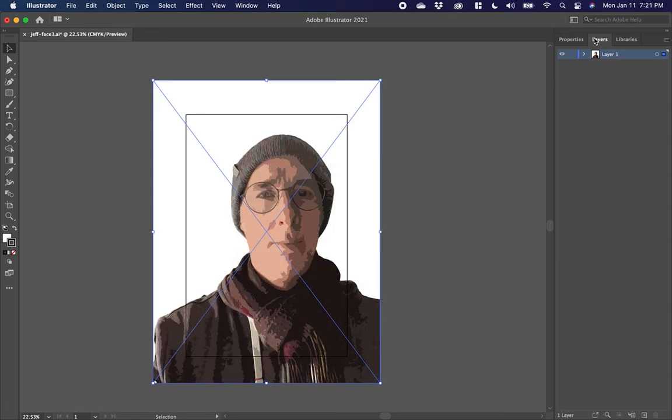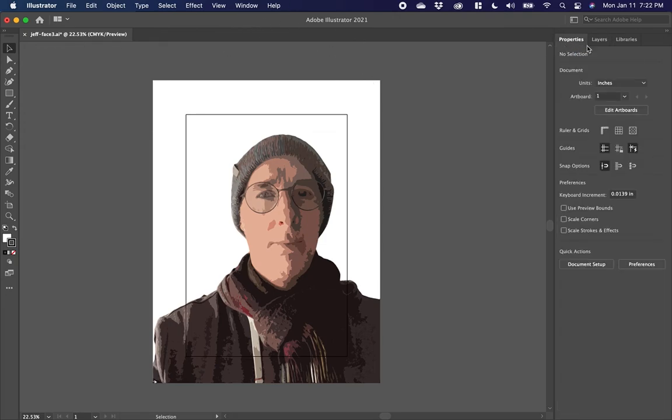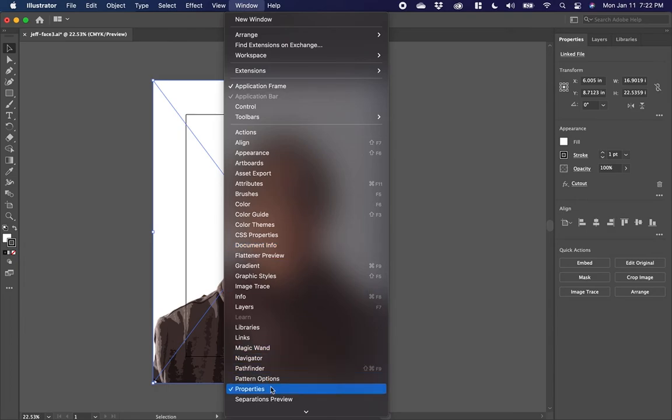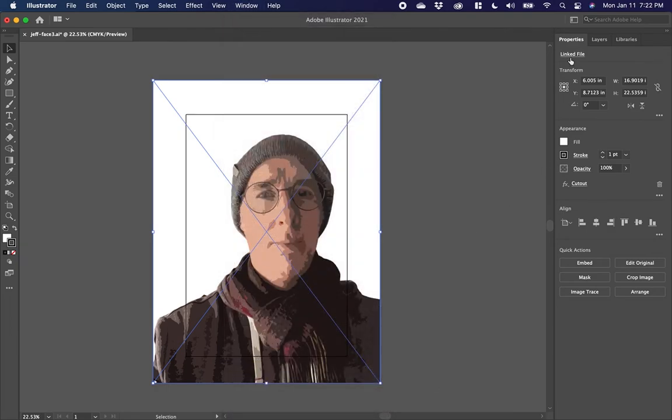Excellent. All right, so next step, I've done this like 8 times and I always forget the next step. Click on the Properties tab over here. If you don't see Properties, you will want to go to Window, View Properties. Make sure that's checked. Okay, so Properties. And now what we're going to do is Image Trace, which is super duper cool. Actually, no, before we do that,